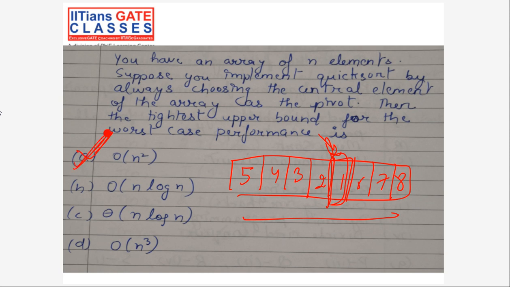Clear to everyone? This question was only given to you thinking that you can say central element. So if it is the central element, then maybe it will divide the array into two parts. That is why many people will mark either B or C as the option. But still A will be the option. You can always choose some array where the central element is always the next minimum or next maximum. Anusha and Kajol, clear?